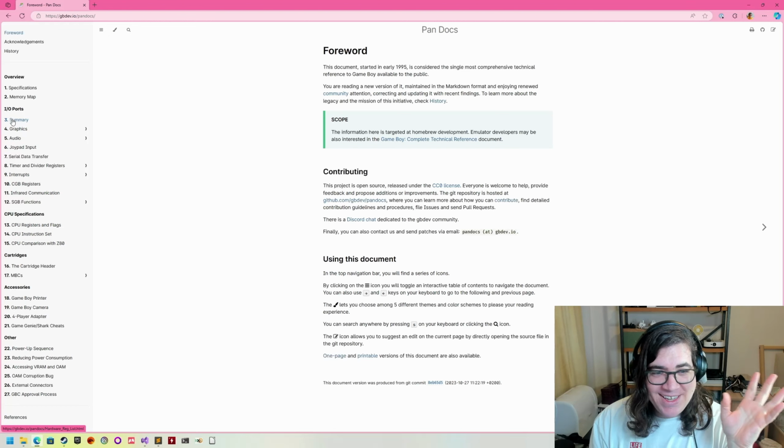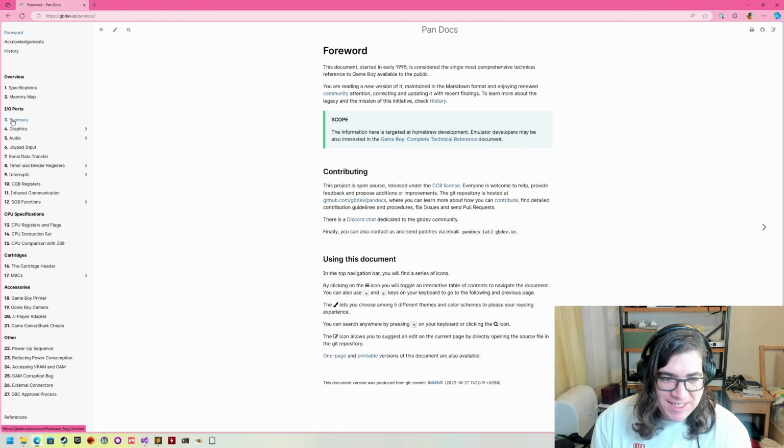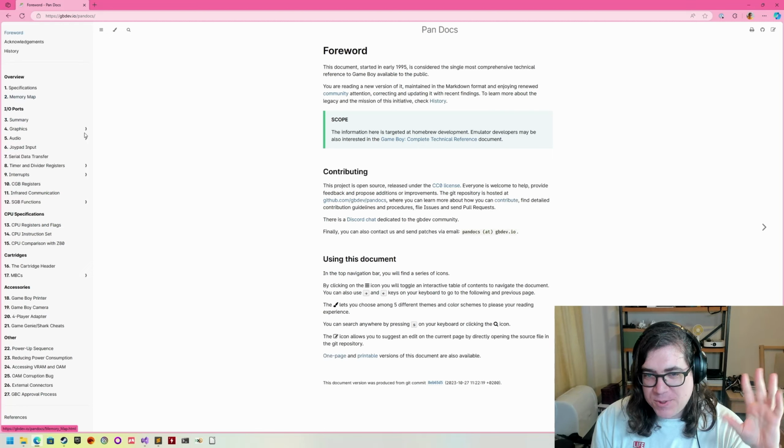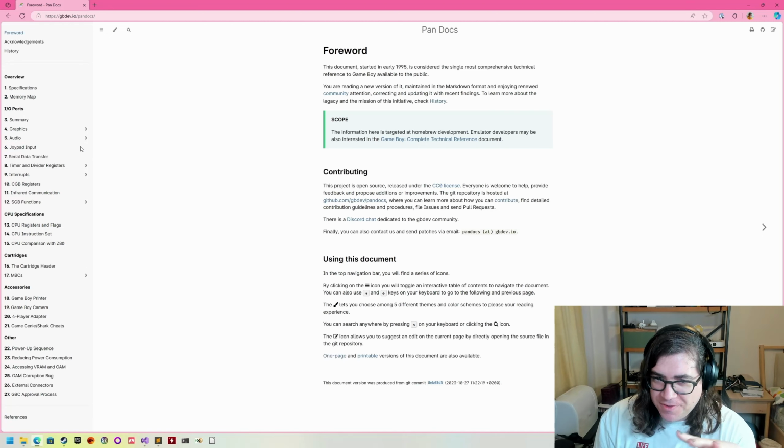It is mostly the same stuff that's in the manual as well, but also includes some additional things, right? So things that people have figured out while hacking around with the Game Boy since. So, for example,